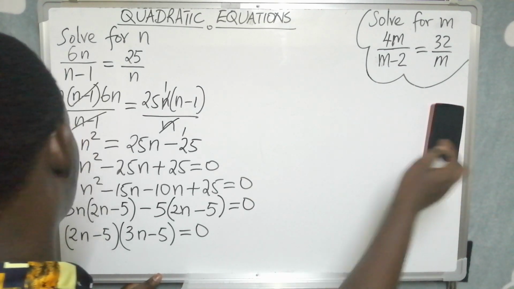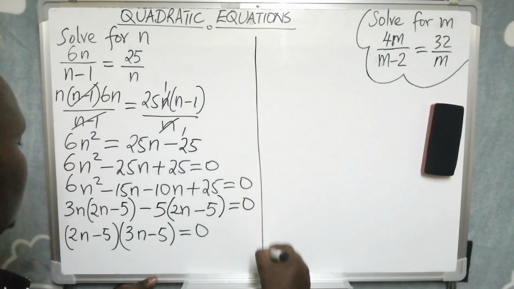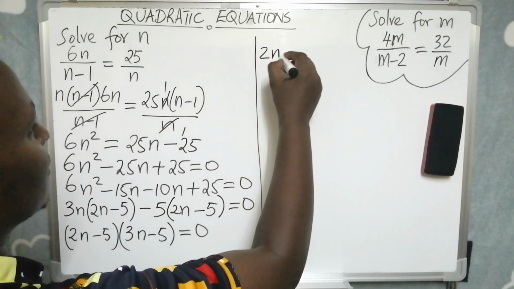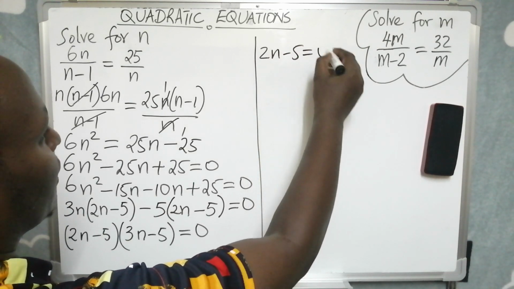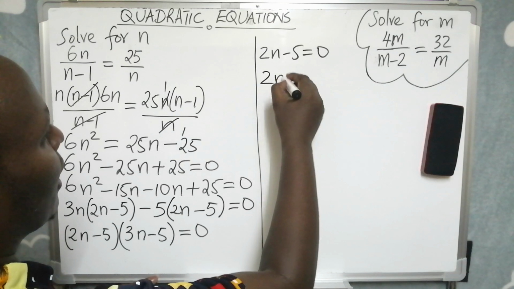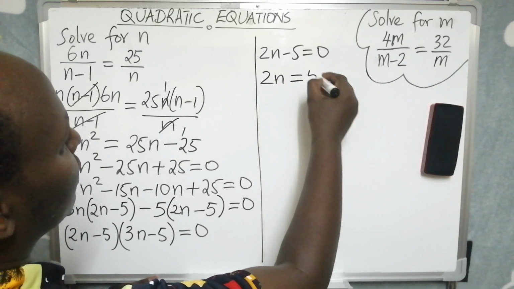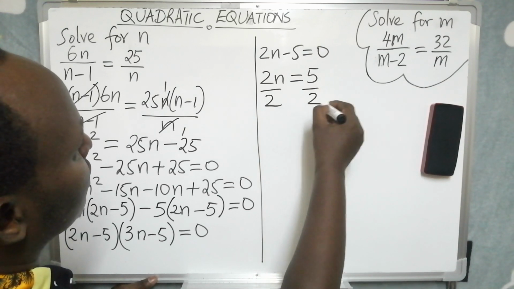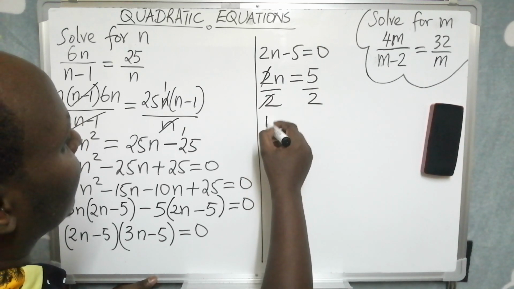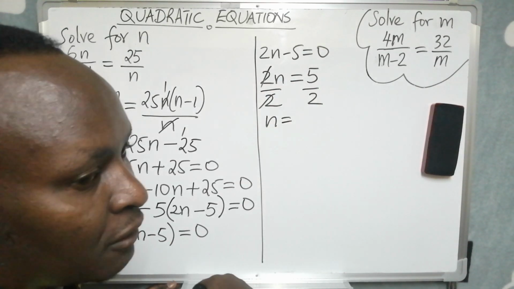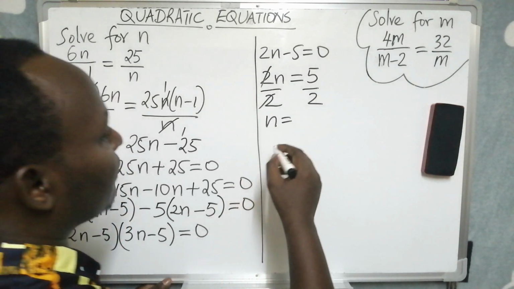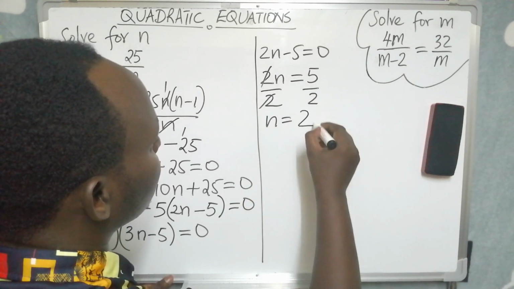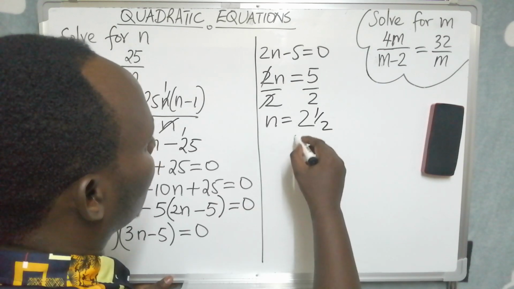If that is the case, then 2n minus 5 is 0, meaning that 2n will be equal to 5, and we can divide both sides by 2 to get our value of n as 5 over 2, which is equivalent to 2.5, or